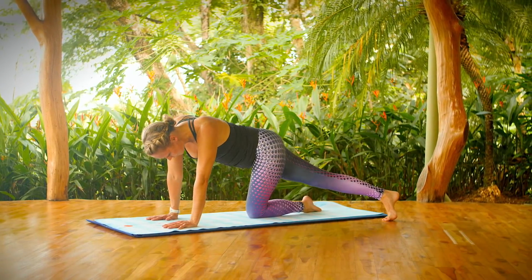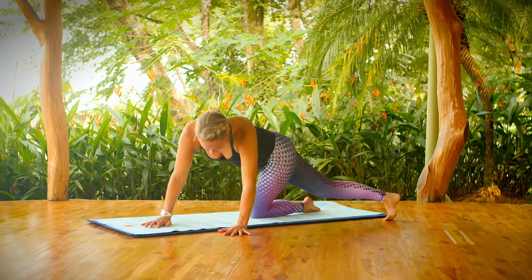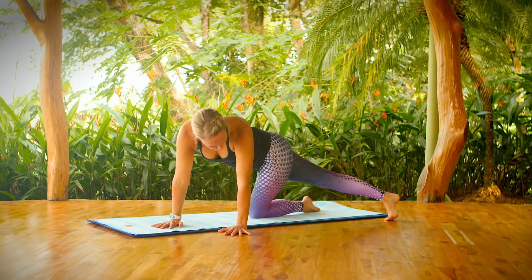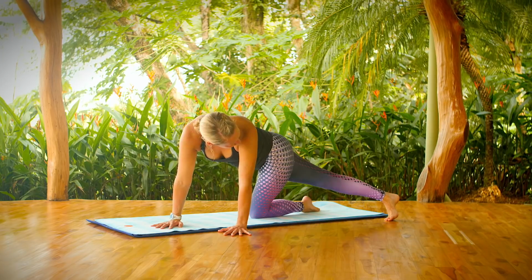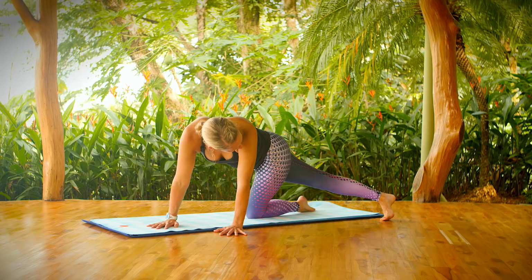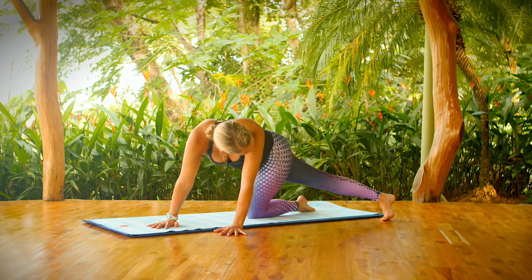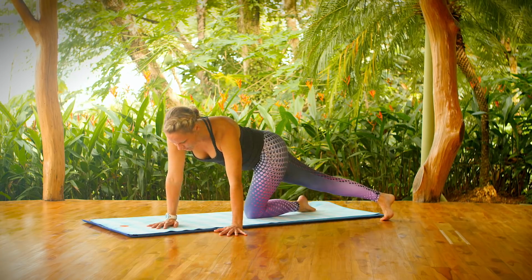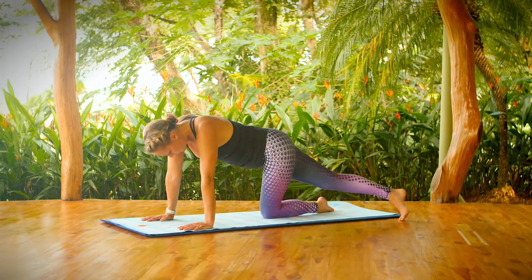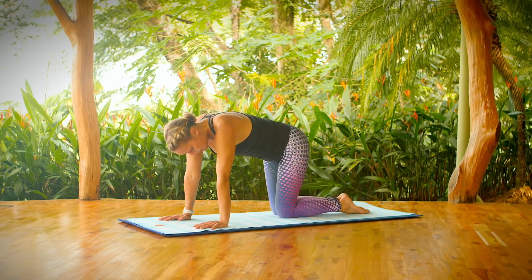Begin to bump your hips to the right. Walk your hands slightly to the left, and then take your gaze out back toward your right toes. So feel the stretch in your right side. Come back to center. And one of the best stretches, yoga postures for your low back, let's take an extended